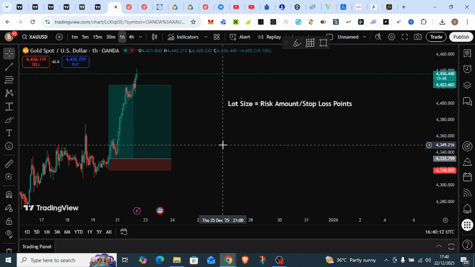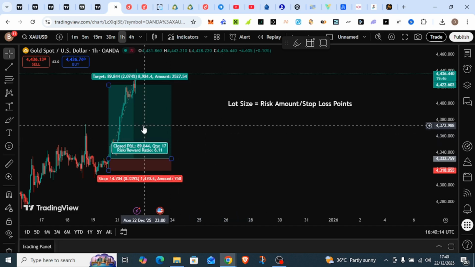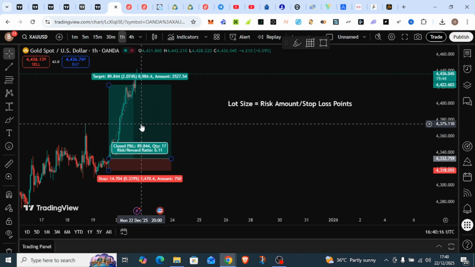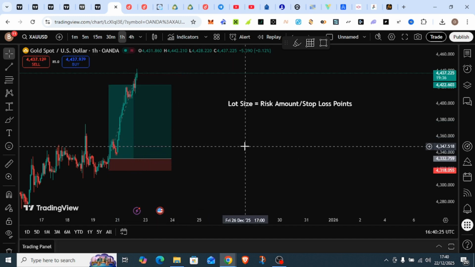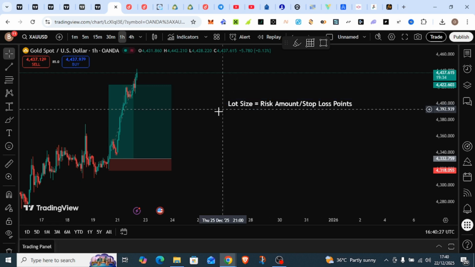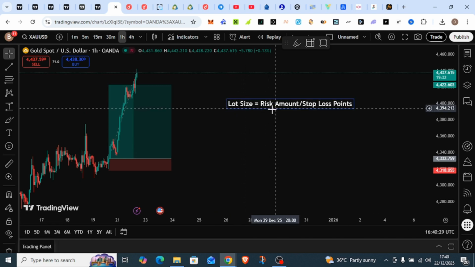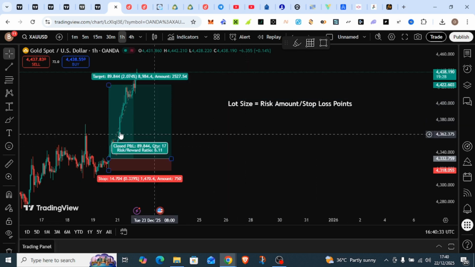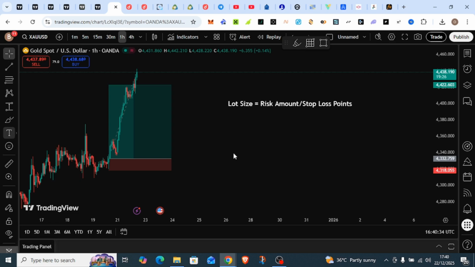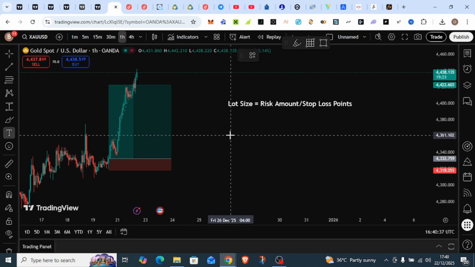But before that, let me explain some things that you need to know. This is our setup that we'll use to do the calculation. In this setup, we have our coordinates that we'll use to calculate the lot size. Lot size formula is equal to risk amount over stop loss points. But before that, note that